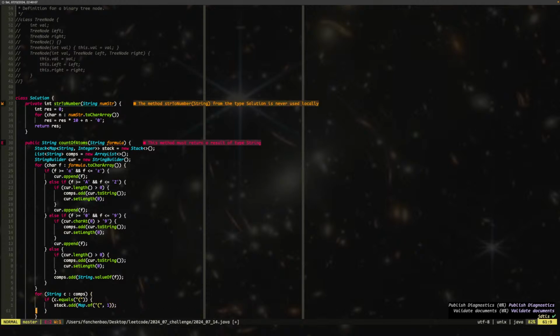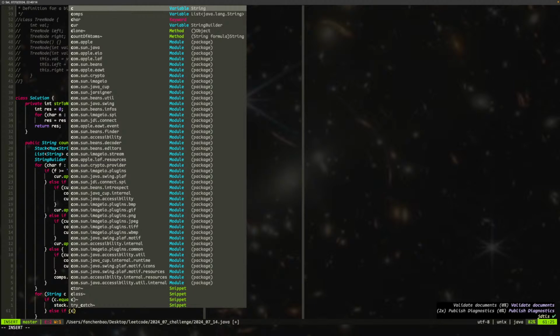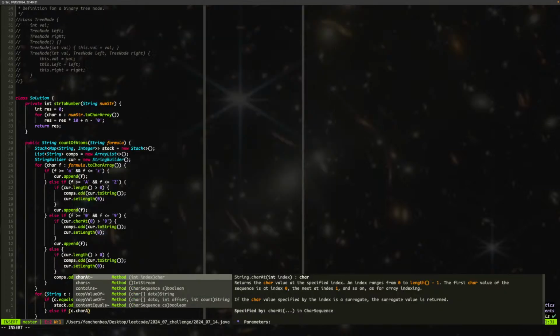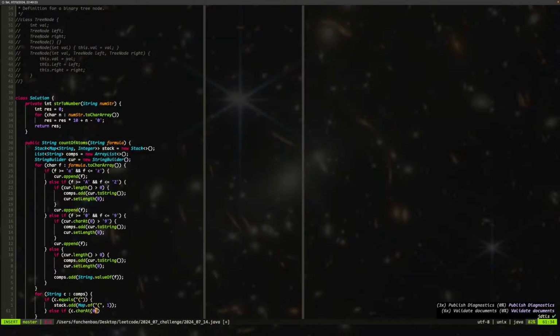Okay. Else if C dot charAt 0 is larger than 9,